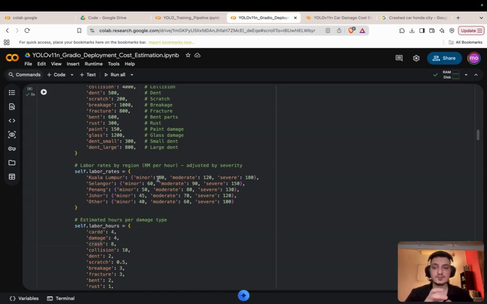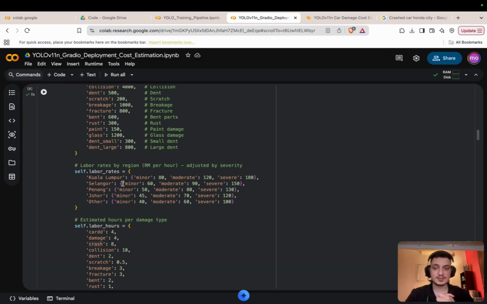The labor prices would be based on the regions. This is native to Malaysia, so it's Kuala Lumpur, Selangor, Penang, and Johor. Kuala Lumpur and Selangor is what I did my studies on. I went around and asked a few workshops, and they showed me some cases and prices for their